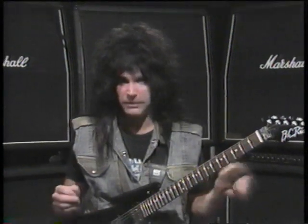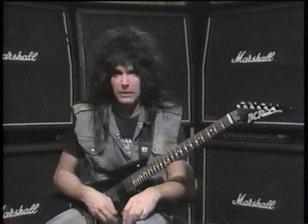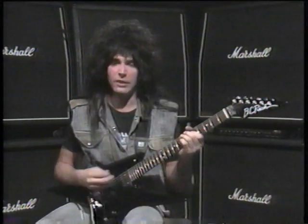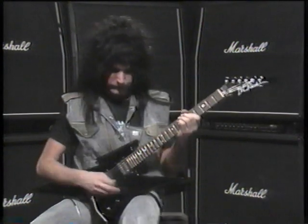Okay, this is another lick from the Holland album. It's a song called Wake Up the Neighborhood, and that is part of the rhythm track to it. It's the double bass standard metal feel. What I like to do when I play rhythm on things like that is I like to add a lot of fills, like when I'm playing like a